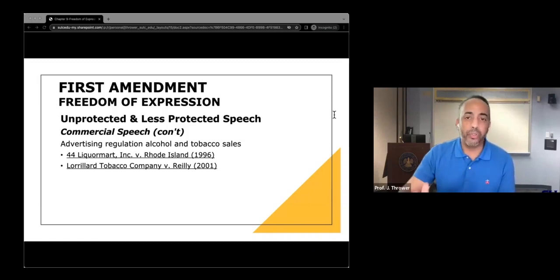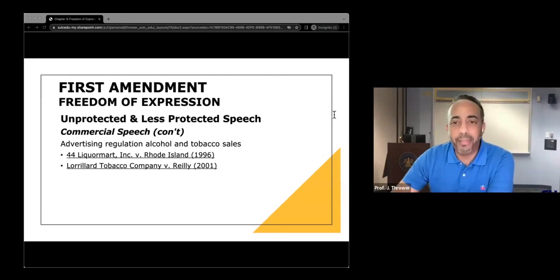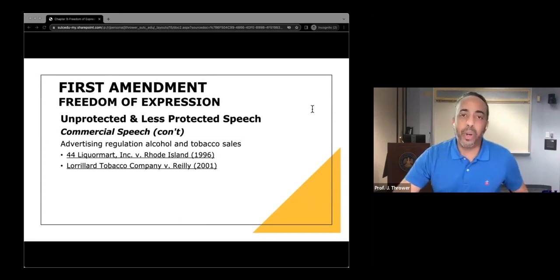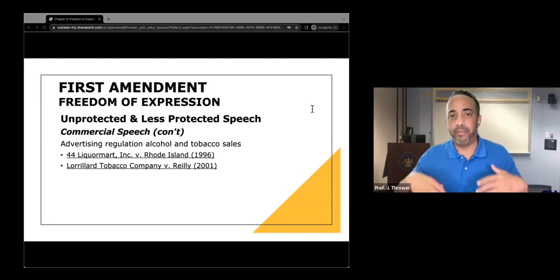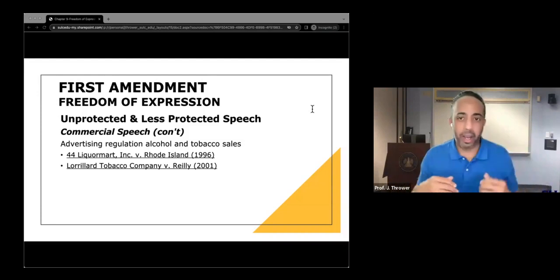First, not all children are shorter than 5 feet tall. And even if they are, they can look up and take notice of their surroundings, right? And so the court noted that the 5 foot placement requirement wasn't the least restrictive means.